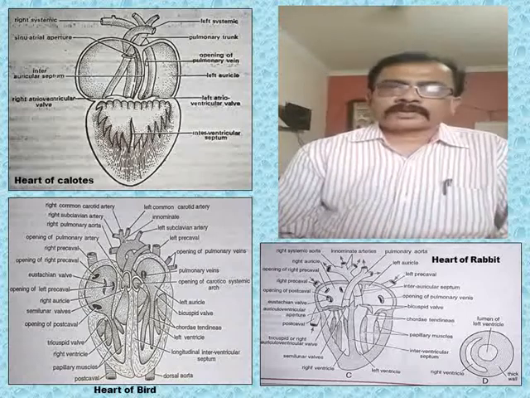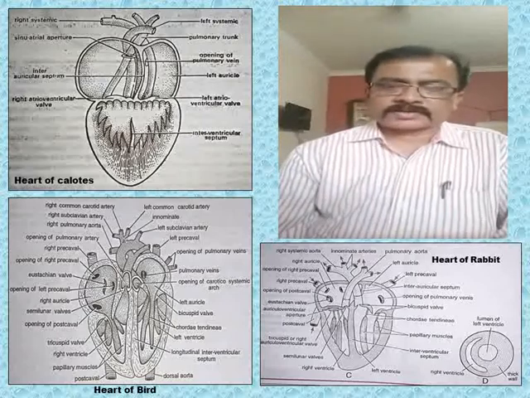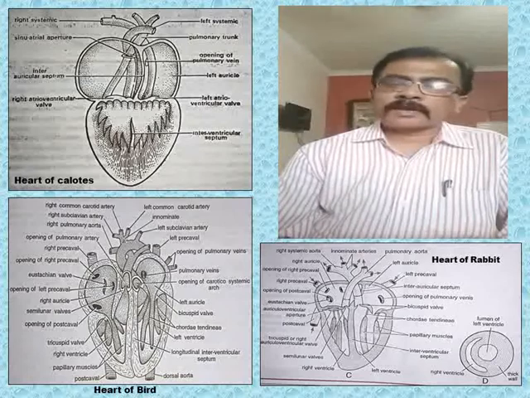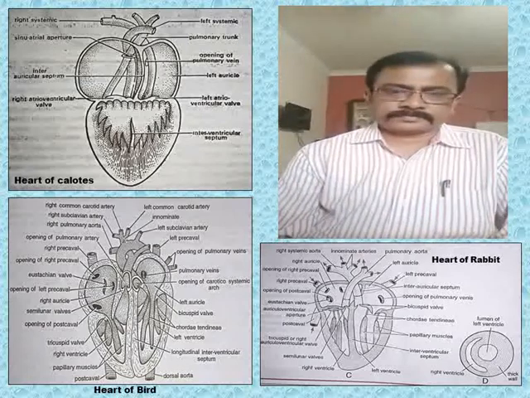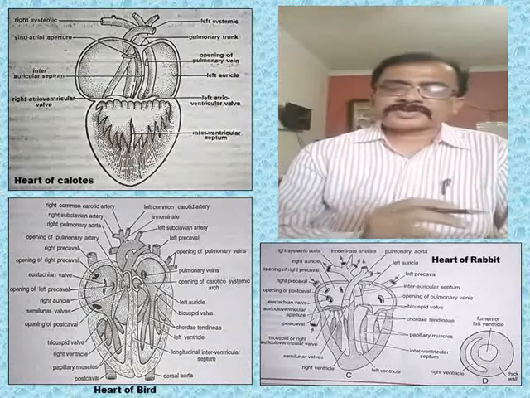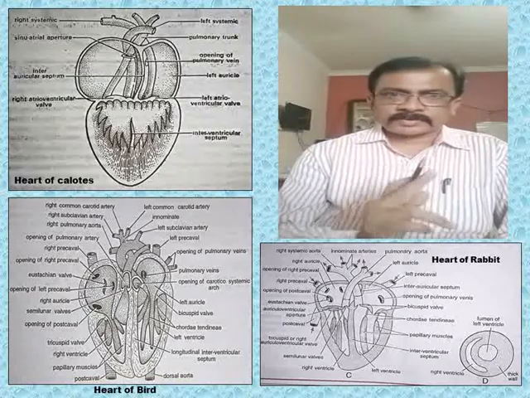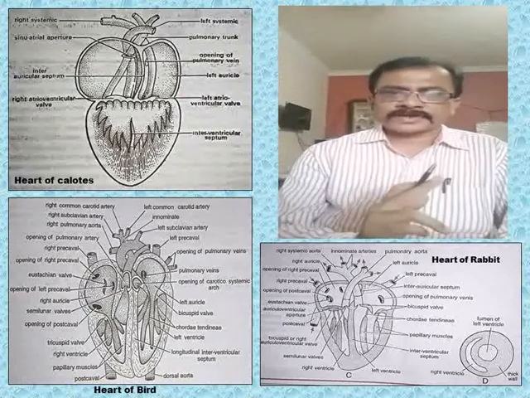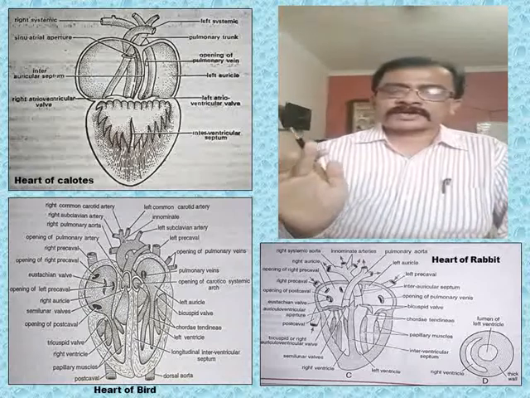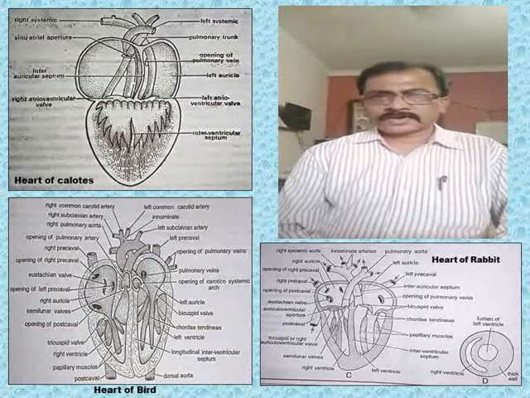And in case of pigeon, 2 aortic arches arise directly from each ventricle. Pulmonary from right ventricle, right systemic from left ventricle; left systemic and ventral aorta are absent. Only 2 aortic arches, remember: pulmonary from right ventricle, right systemic from left ventricle, but no left systemic and ventral aorta.